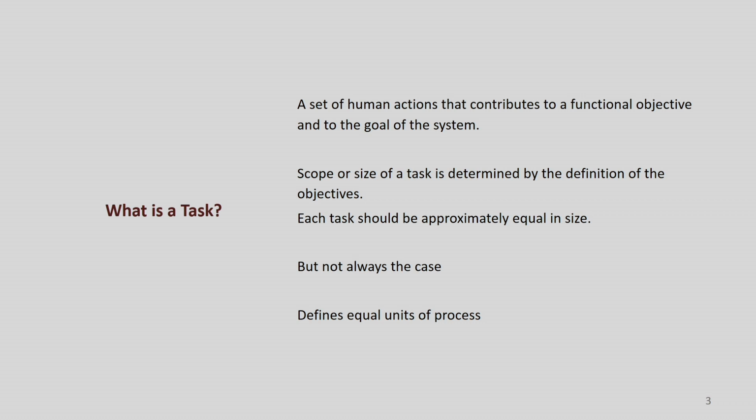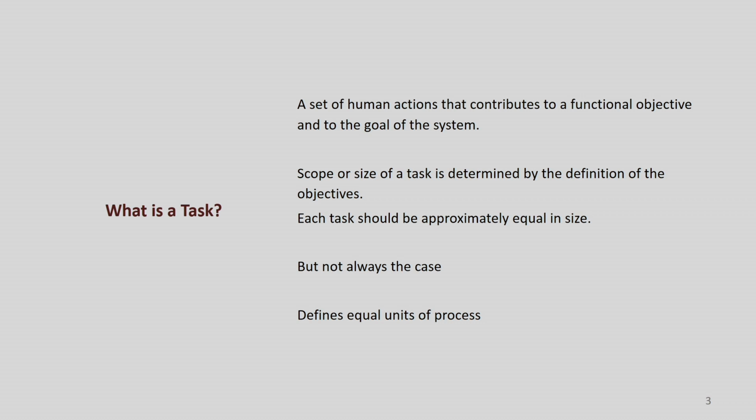The scope or size of a task analysis can be determined by the definition of the objective of the whole analysis, and each task should be approximately equal in size. Then it becomes easy for us to analyze, but that is not always possible.